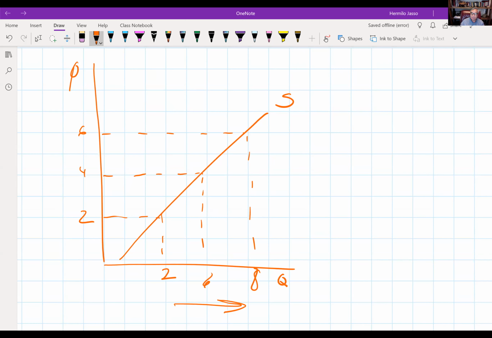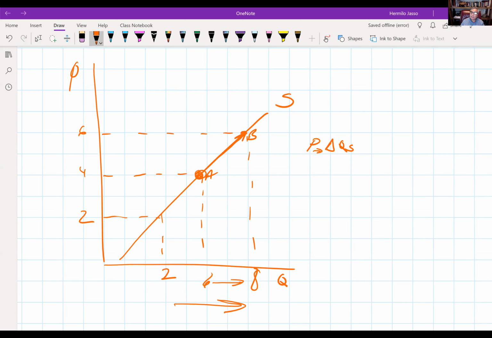So if presently the price is $4 and the price jumps to 6, immediately producers are going to try to make more units, right? Because now they're going to be able to make more money. So they increase production from 6 to 8. So they move from A to point B, which simply means they are going to be selling more units. So again, remember, price changes quantity demanded or quantity supplied. In this case, a change in price changes the quantity supplied.